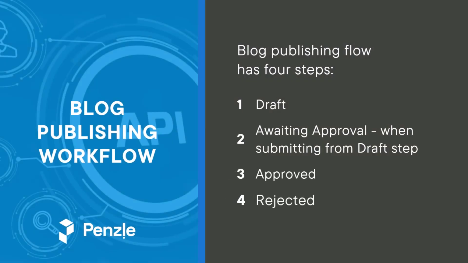We want to create a new blog publishing workflow. Let's keep it simple with only 4 steps: draft, awaiting approval, approved, and rejected. When we create a blog, we want it to be in draft state. We also need the ability to submit a blog from draft state so it will move into the awaiting approval